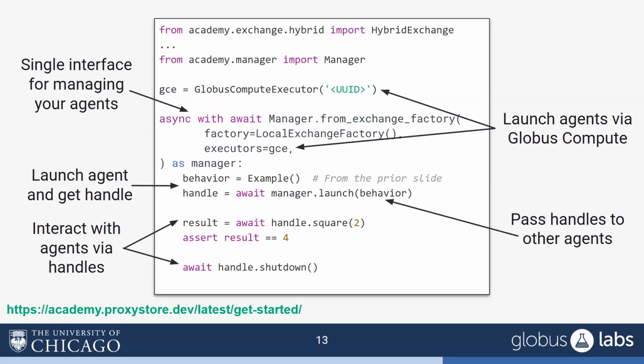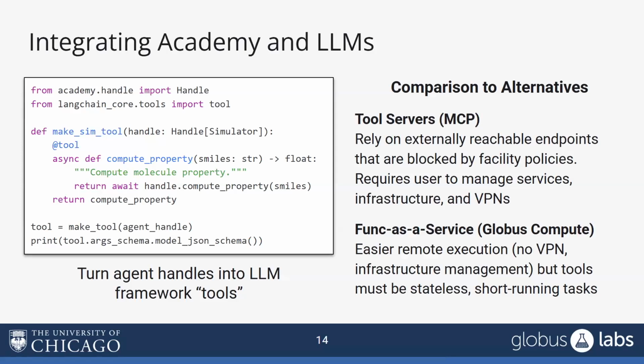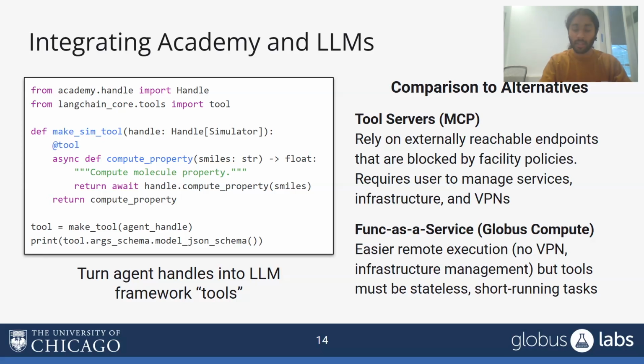And again, we're thinking of Academy not as an alternative to using other LLM providers or agent SDKs, but as a complement to them. There's really this ability to turn any agent into a tool that can be used by your conversational AI. This is just an example of how you would do that. You can annotate a call to a handle with a tool function,